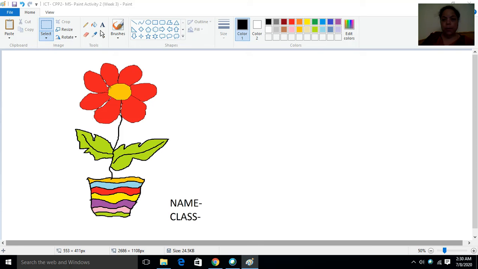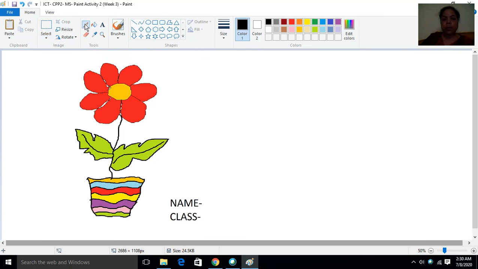In the last class, we have done the study of toolbox of MS Paint. In this class, we will do one activity with the help of all the tools of MS Paint. You can see this drawing here. We will draw this drawing with the help of different tools of toolbox. So, let's start. To draw this drawing, I have to use pencil tool. So at first I will click on pencil tool.